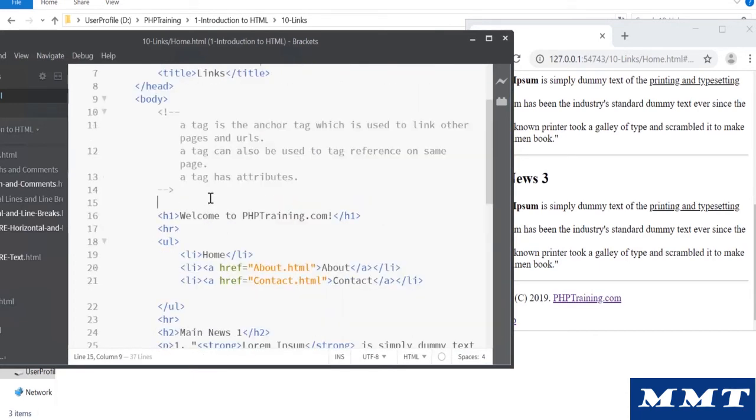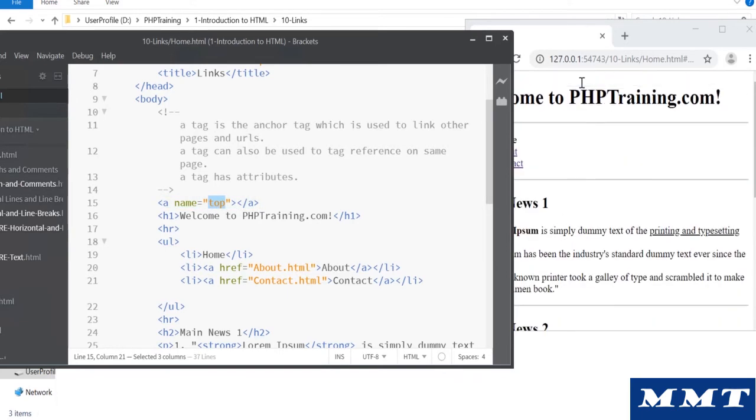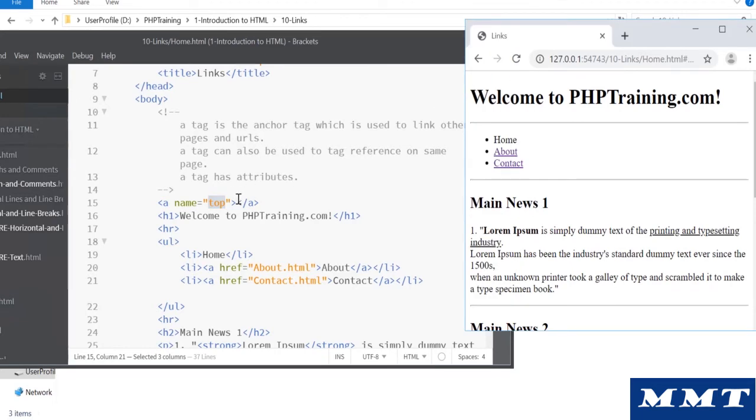So how do you define an anchor within the same page? This is basically a reference you are putting inside your page, so that when someone wants to go to the middle of the page, or from the bottom they want to go to the top of the page, you can handle it via these anchors. Okay, and then you don't put any text inside it because that will be visible. You don't want any anchor to be visible, you want it to be invisible, so you don't put any text inside it. Now you have this anchor name defined somewhere on the top, right? It's invisible because you haven't put any text.